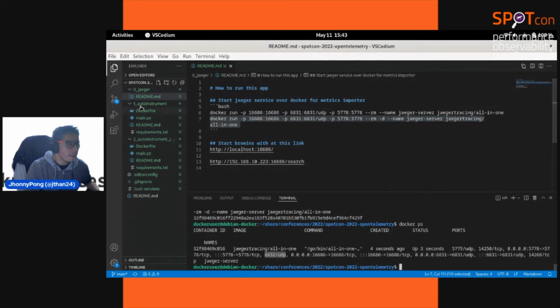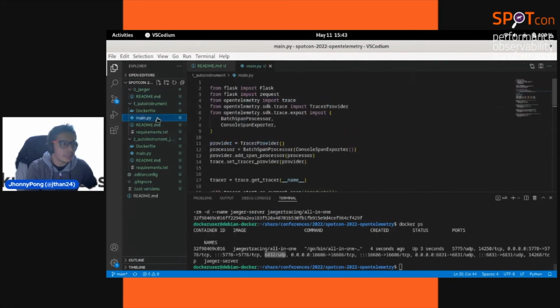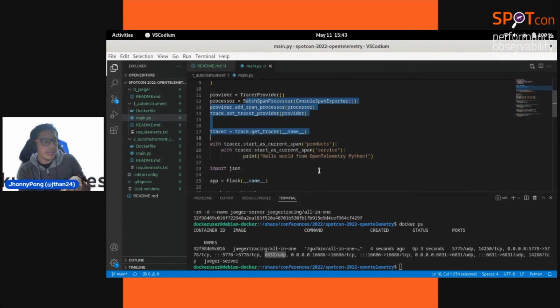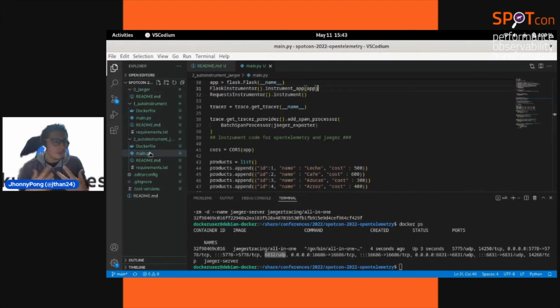On the other hand, we have two folders, one for instrumentation with OpenTelemetry. With OpenTelemetry, we have two modes to instrument your application. One is the automatic way, where you import some things from OpenTelemetry and define what happened inside. The other is instrumentation more in depth, where you can define the transaction ID and the ID for your customers, check what happened at what moment, and put it all together.